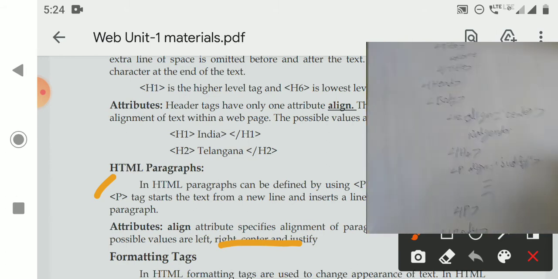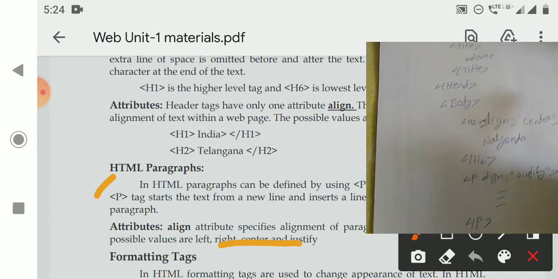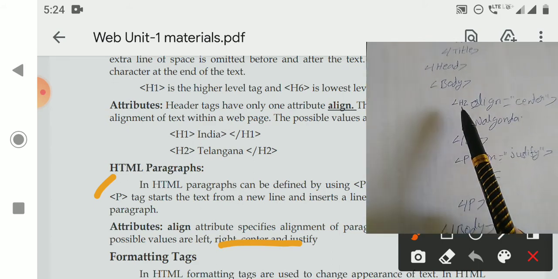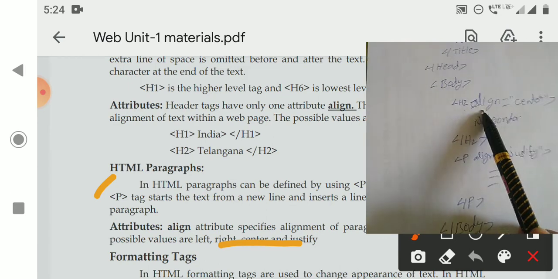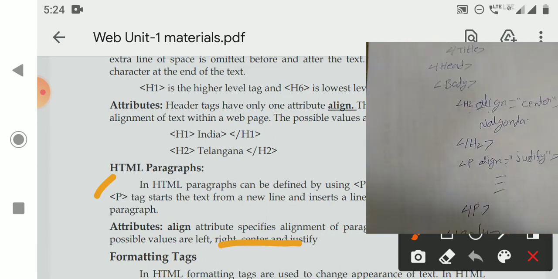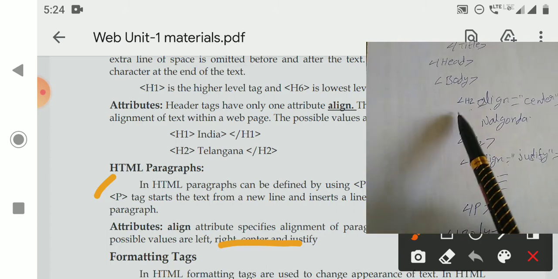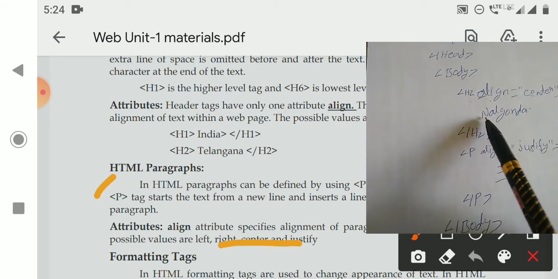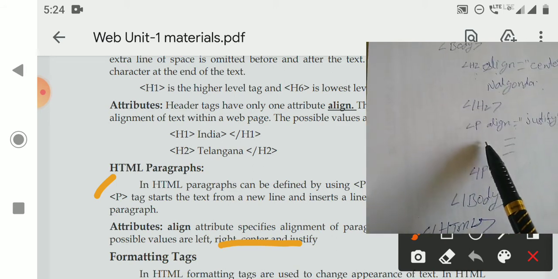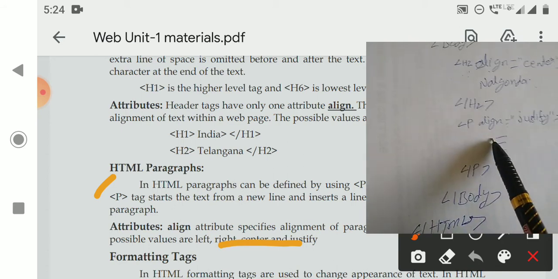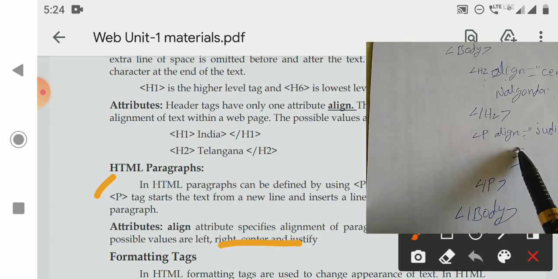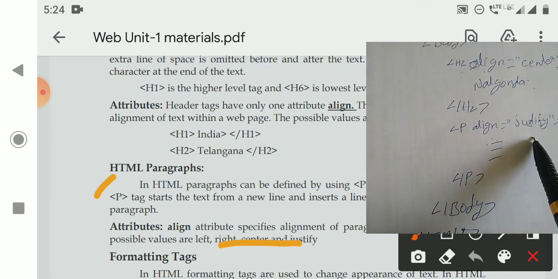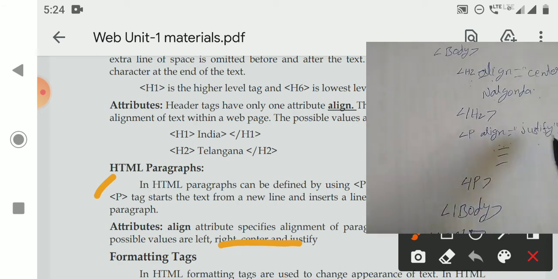So try this program on your own. The content is different. You can use the H2 tag or H3, H4, H5, H6 or H1. It is better to use H1 to H3. H4, H5 will display in a small size. For bigger headings use H1, H2, H3. Just write your own. For example, write your village name and give at least one sentence about your village as a paragraph, write the program and send a picture of that program to my WhatsApp number. Send that picture to my WhatsApp number.